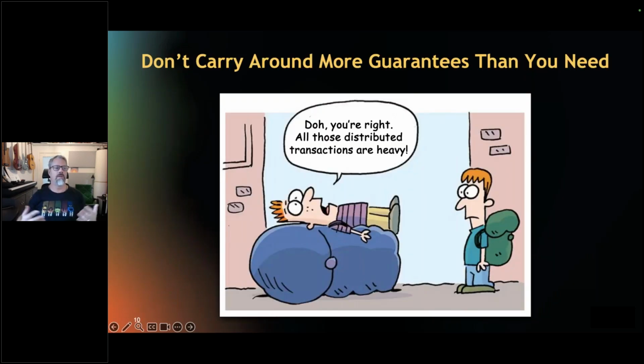The problem is that we don't want to carry around more guarantees than we absolutely need. Here I'm talking about strong guarantees on data, because each guarantee that we add has a price that we have to pay, in terms of scalability, resilience, reliability, and availability. So it's often better to inverse that and start with the weakest guarantees that can solve the problem, and then add in stronger guarantees as needed.